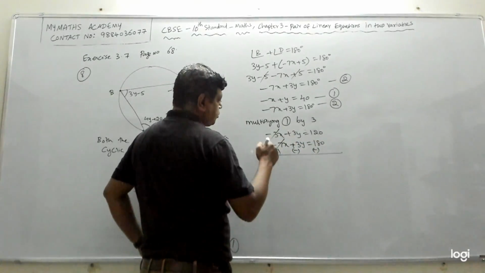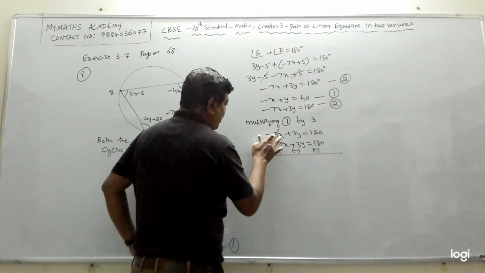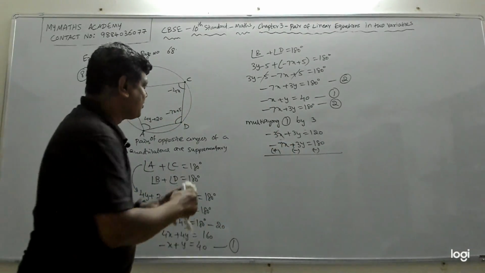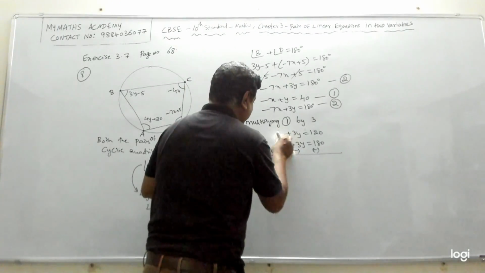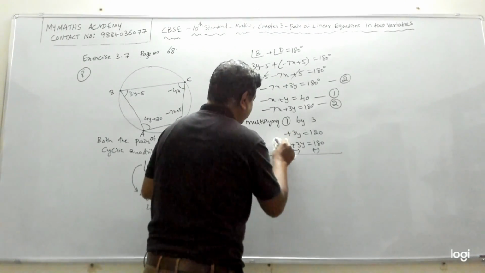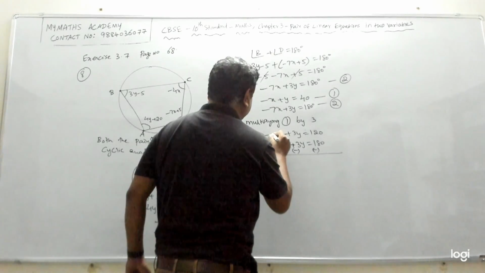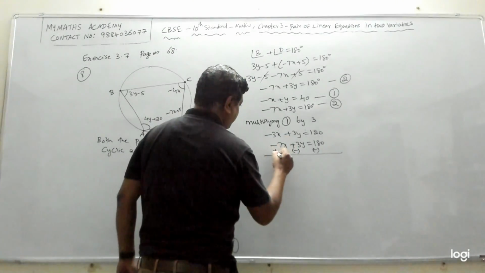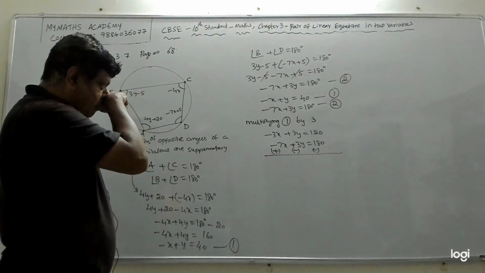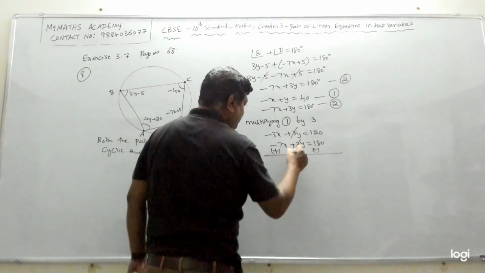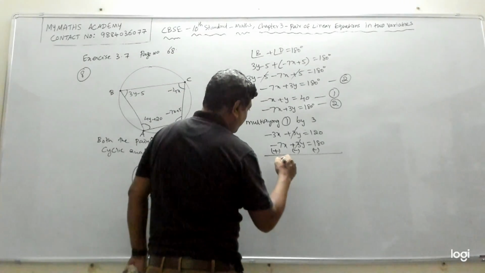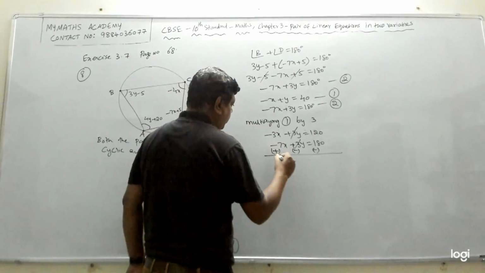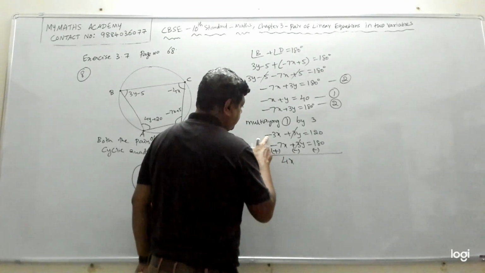Oops, sorry. These two don't get cancelled. I'm sorry, guys. I'm extremely sorry. How can I cancel this? This was minus 3x and minus 7x. So I changed it to plus. So we will have to cancel these two. So what do I get? So I get 4x, 7x minus 3x. This is plus 7x. You have to see the changed sign.